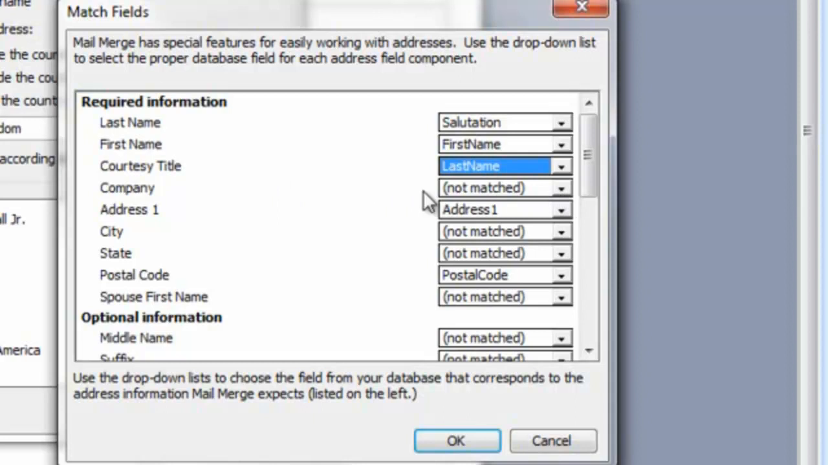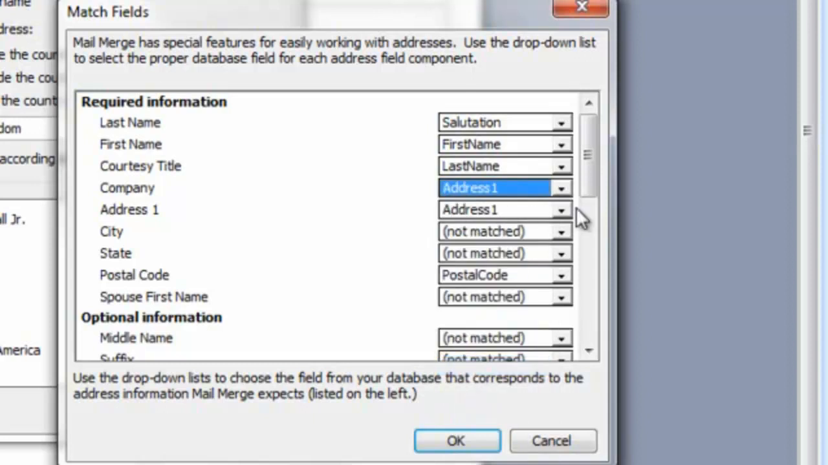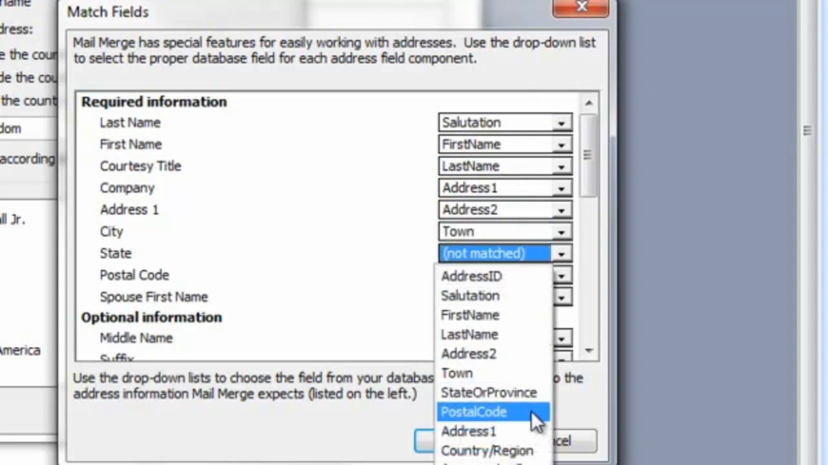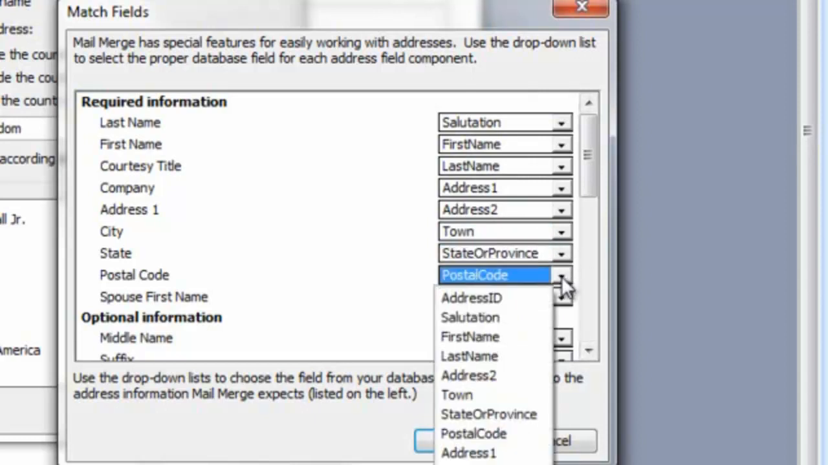We're not doing a company, so you can leave that not matched. Address line 1, in fact, in company we could put address 1, and then in address 1 we can change that to address 2, so we have it in the same order on this little panel as we created it in our database. So it's salutation, first name, last name, address 1, address 2, the next one I think was town, the next one was state or province, and the last one post zip code,